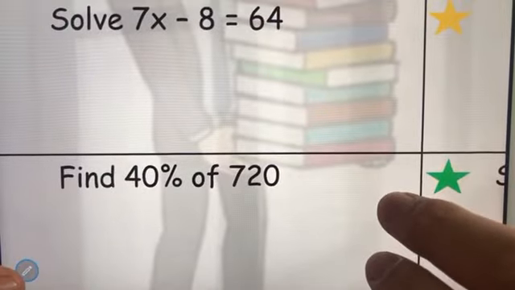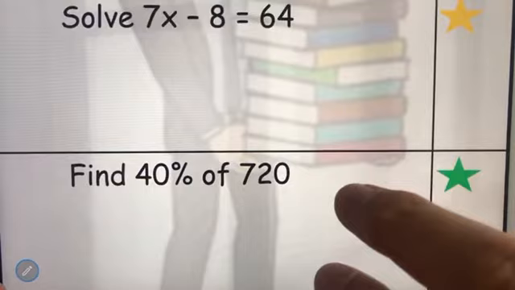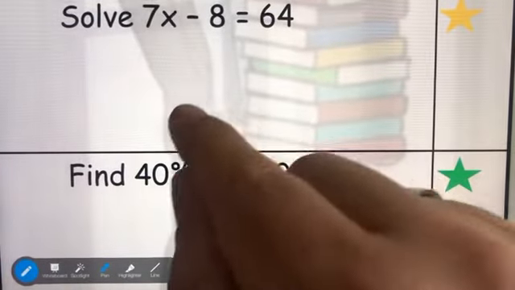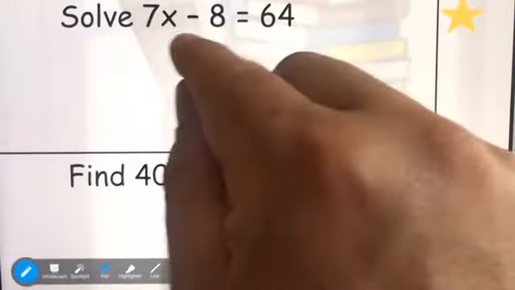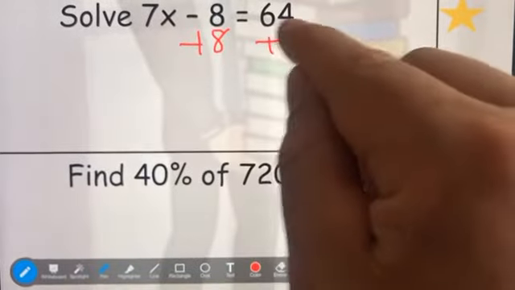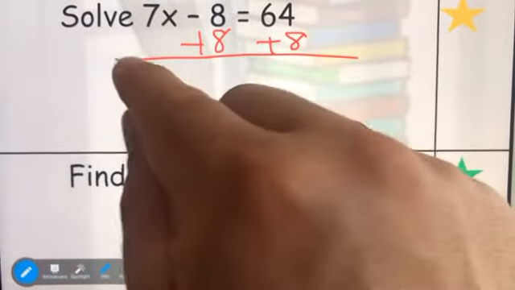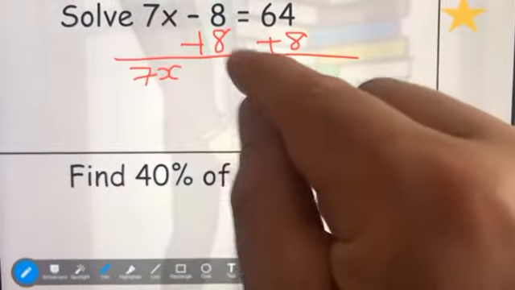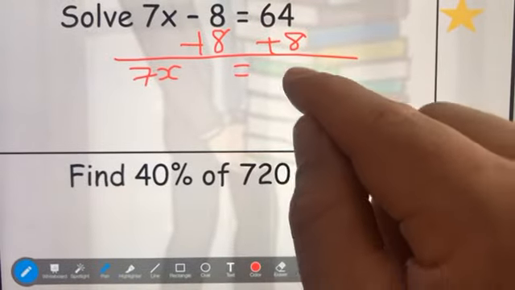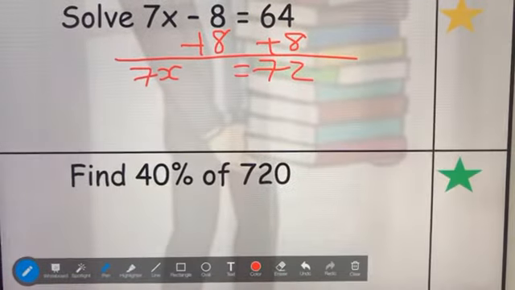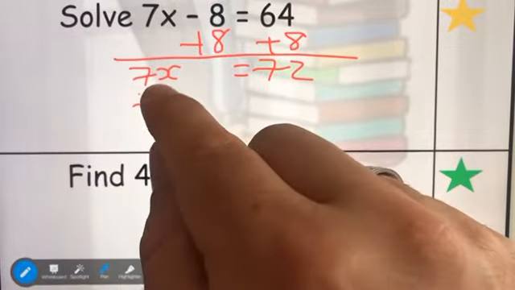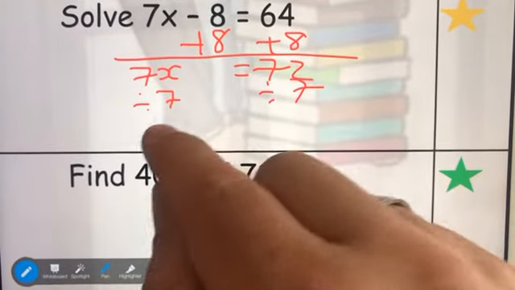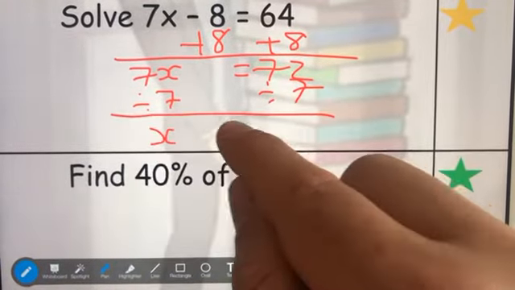Next one. Okay, I've got 7x take away 8 equals 64. Solving equations is super straightforward. Just add 8 to both sides first. 7x moves straight down. Minus 8 plus 8 makes nothing. 64 plus 8 is 72. So 7x equals 72. If I divide by 7, I end up with x equals